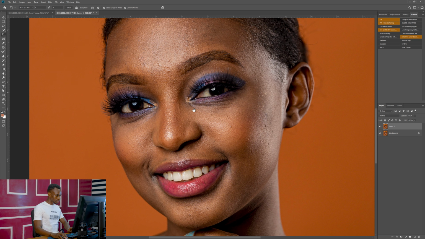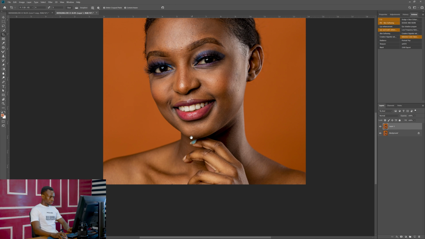In my editing, I use several actions. These actions help me reduce the amount of work in editing. So first, what I start with